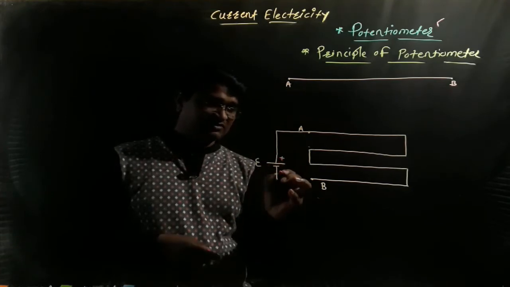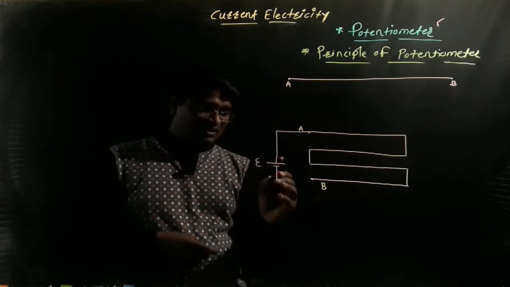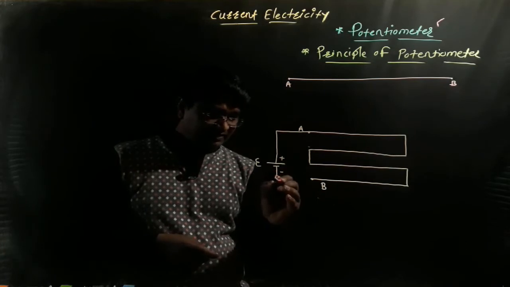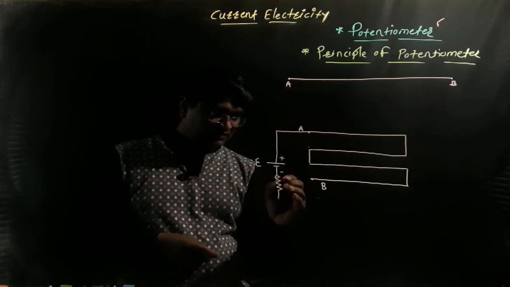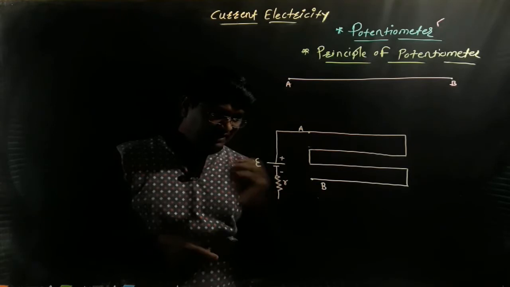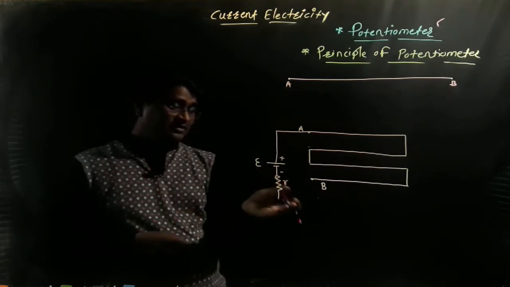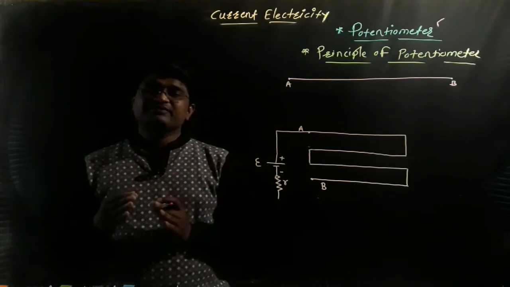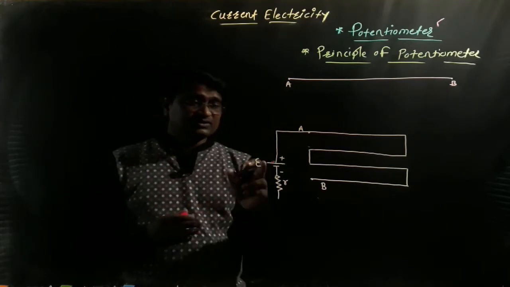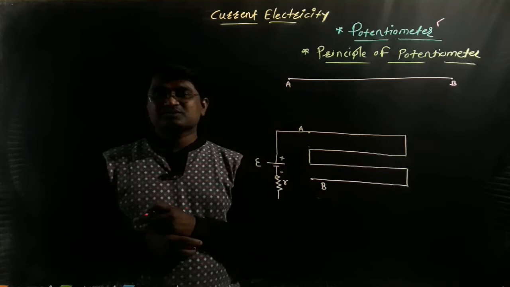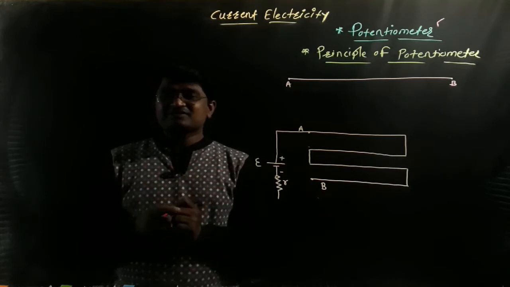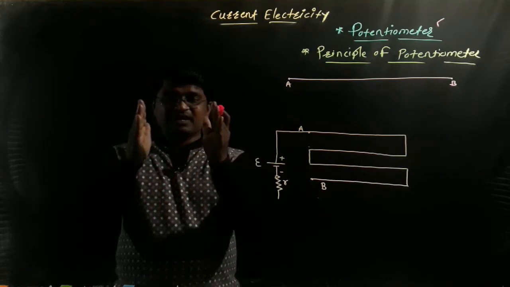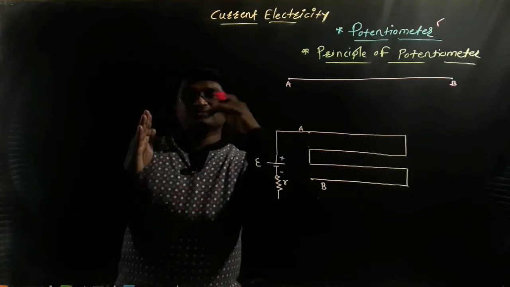So that is the positive terminal and this is the negative terminal, whose internal resistance will be denoted by r. Imagine that this very small r is the internal resistance of the cell. We already discussed this last year. The cell has internal resistance, and charge will be moving from positive to negative.